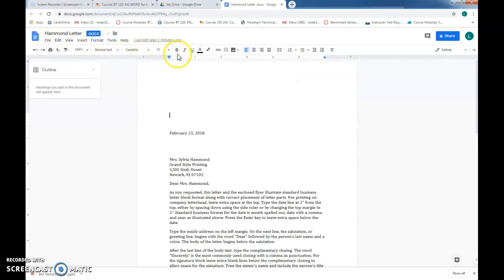But you can also use the ribbon, and it's called the toolbar. I'm sorry, on the toolbar, it's very similar. If I want something to be bold, I highlight it, bold it. So you always select it first, just like in Word. Select it, make it italic, select, underline, select the text,